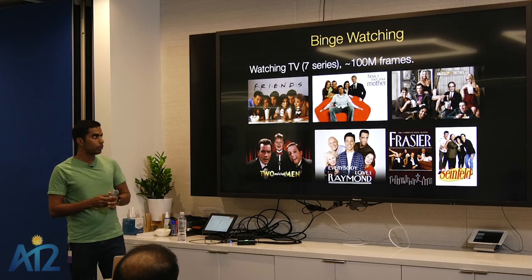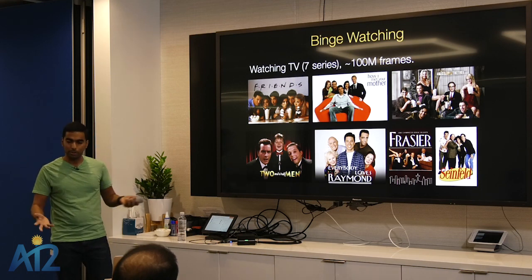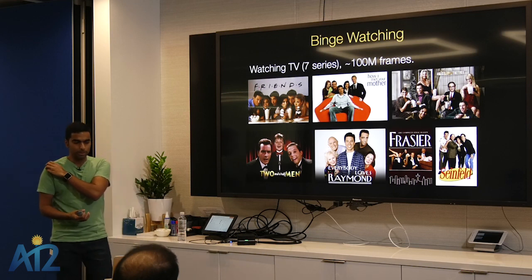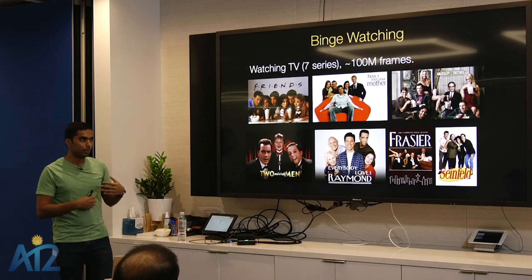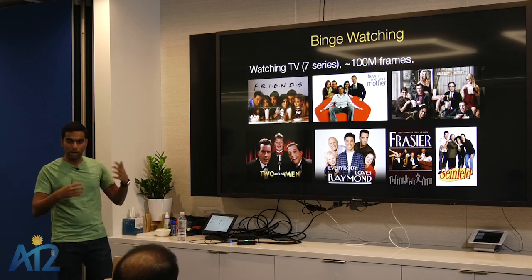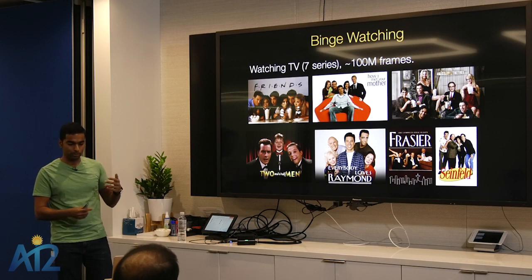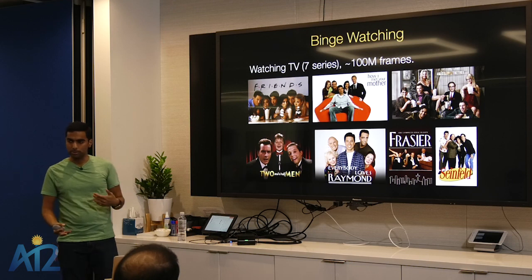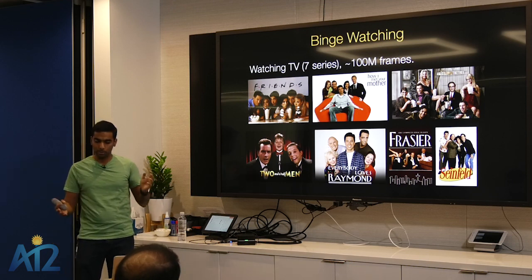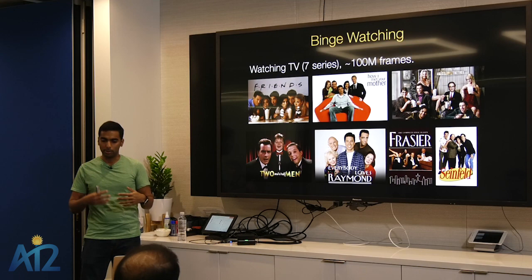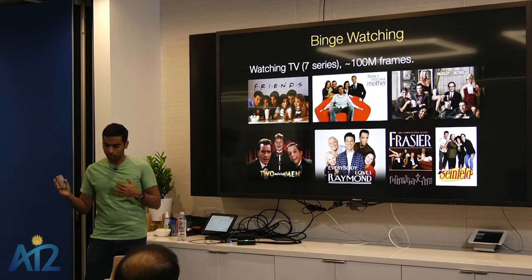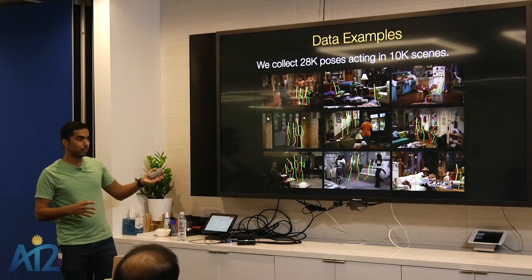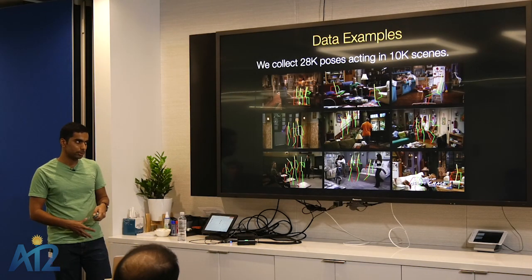So instead, what we propose is watching TV to learn these affordances. Basically, the idea is that our algorithm looks at a bunch of TV series and tries to learn about these affordances by using the fact that these TV series typically have a small number of scenes that are interacted with by a whole bunch of people in different ways over the different episodes and seasons. So to put it more concretely, this is the data set that we are able to collect out of these TV series.